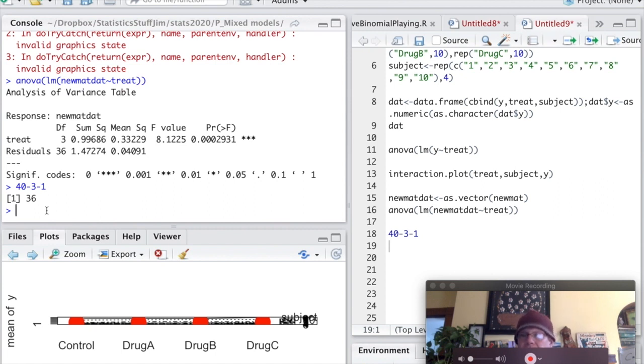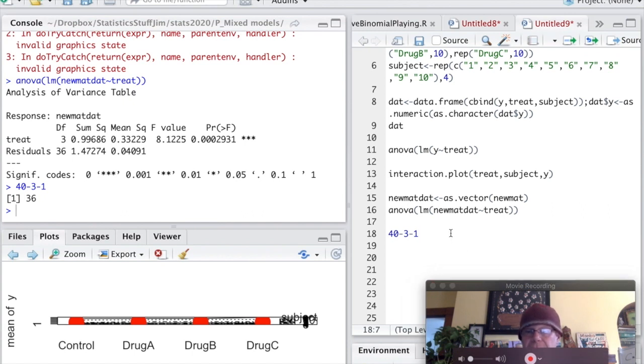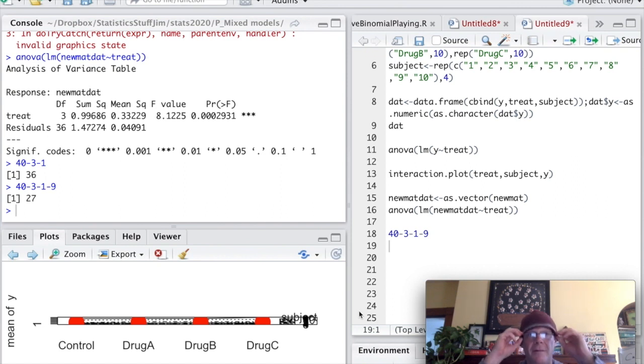But again, the one thing that we haven't accounted for in doing all of this is that we've already estimated a bunch of other means when we did the among individual component of the variation. And so we estimated 10 means, 10 parameters, 10 minus 1 is 9. So we're going to additionally remove 9 from this. There we go. Okay, so in principle now, that should be our correct degrees of freedom,